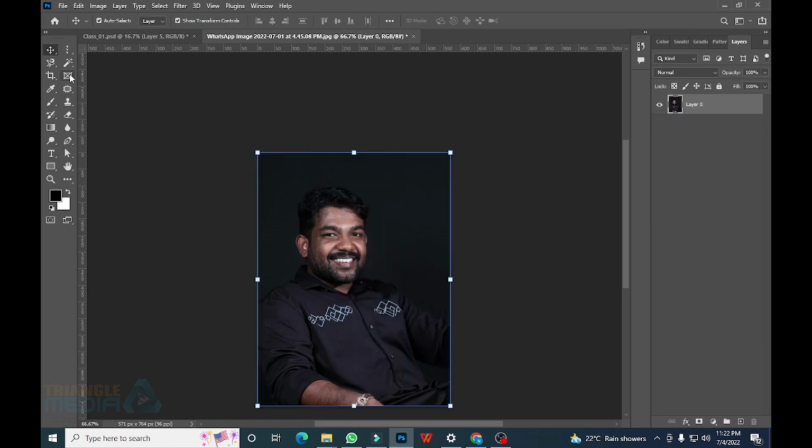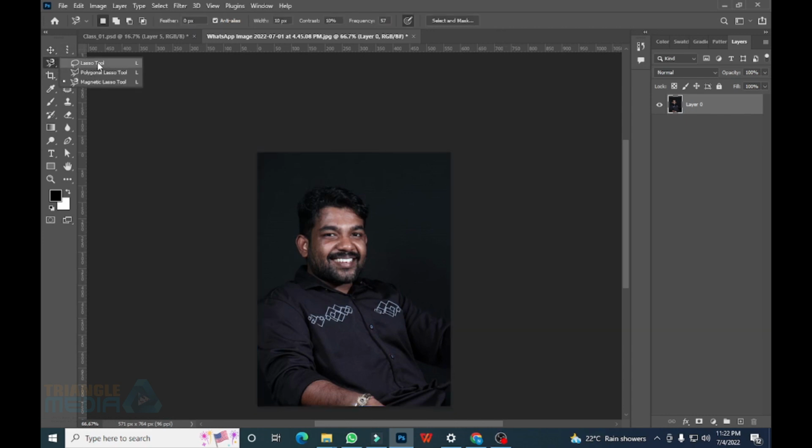Then of course, I have the next set of selection tools, which is called the lasso tool. The lasso tool is nothing but a free selection tool. That means the rest of the tools are not free. I mean free selection in the sense that using your mouse, however you want to control it,